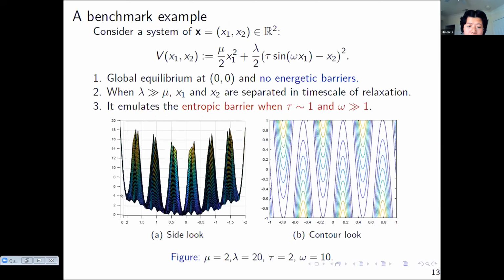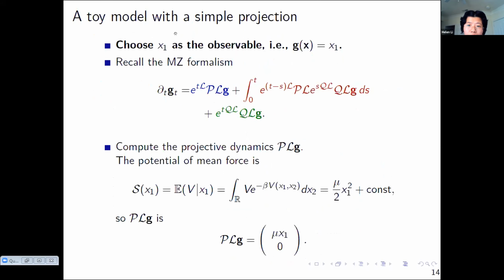And you can see that for this energy, there's no energetic barrier because we only have one local minimum, but it has an entropic barrier because the dynamics have to follow this very twisting pathway, okay? And we have first